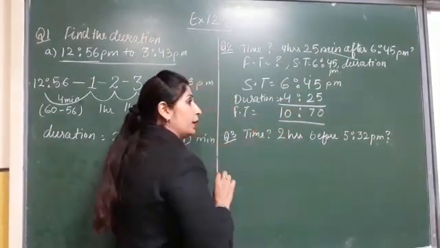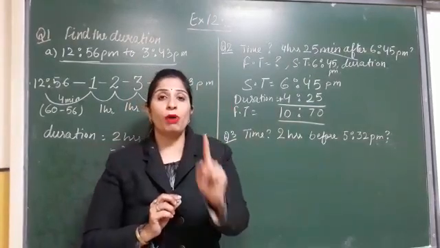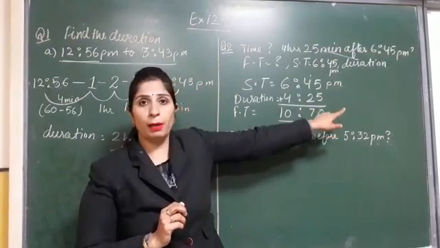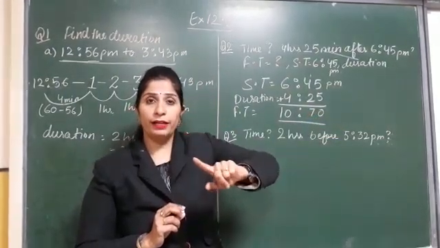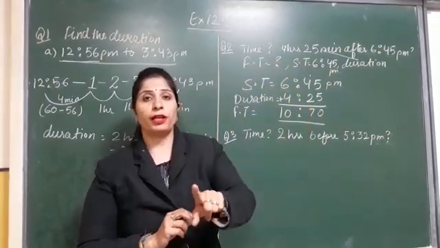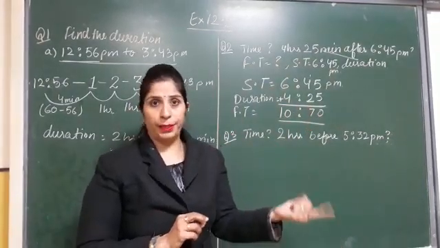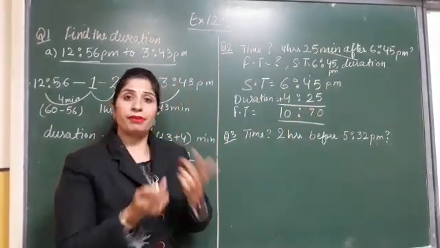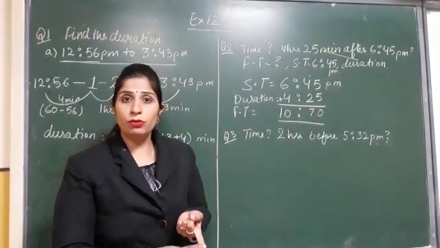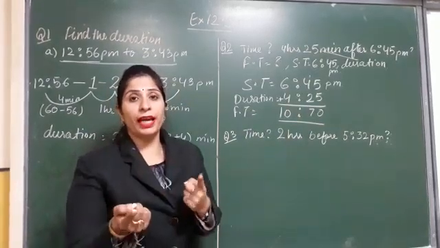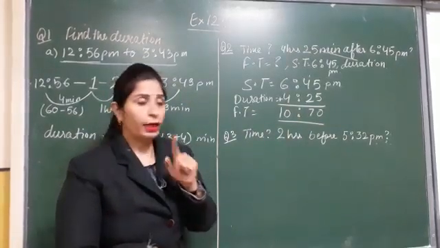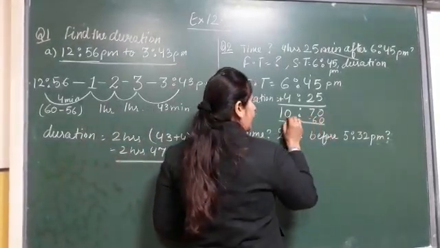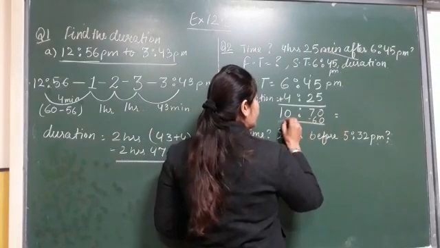Now the finish time is actually the time that you need to answer. So it cannot be like this only. It should have AM or PM with it, so that you can identify which time that is, morning time or afternoon time. So this is 10:70, and on a clock it never becomes 70. Up to where are the minutes? 59. After 59 it is an o'clock time. So we need to subtract 60 from here and add 1 here, so it will be